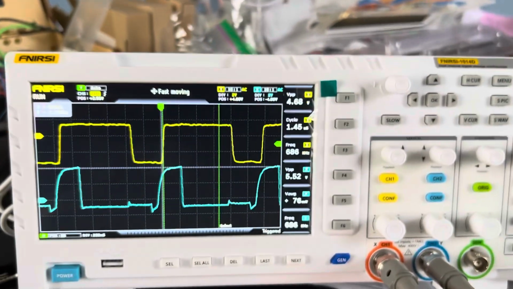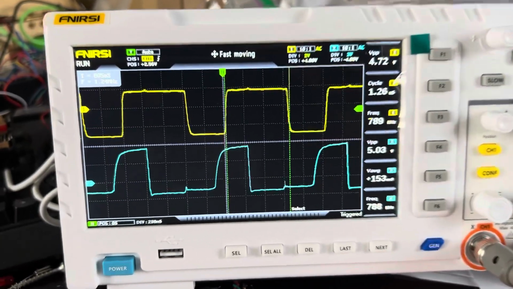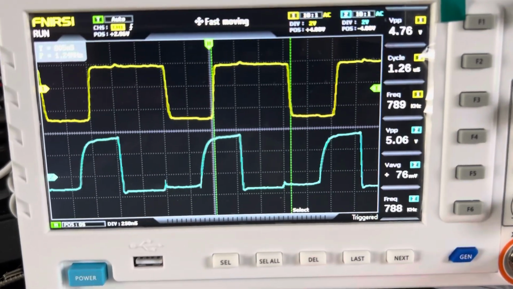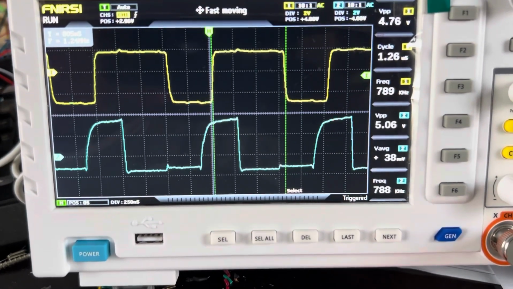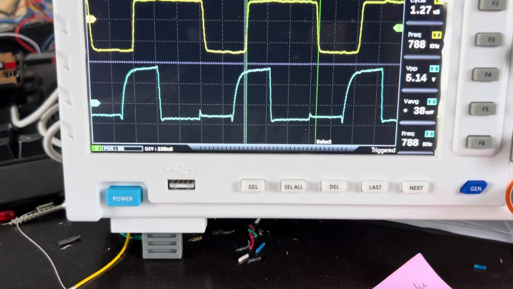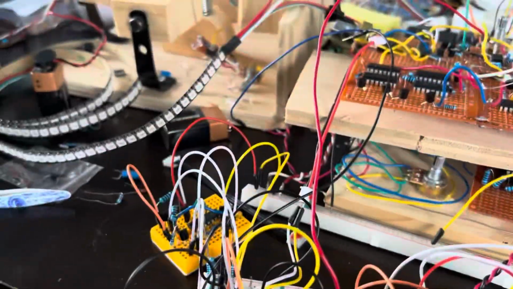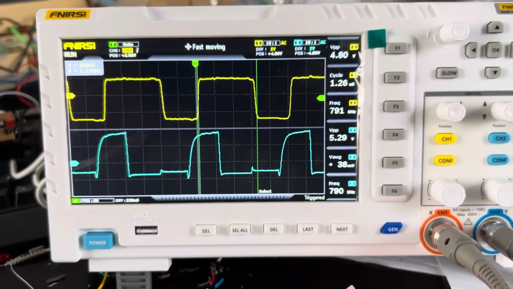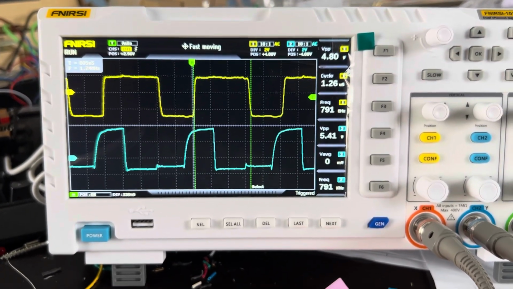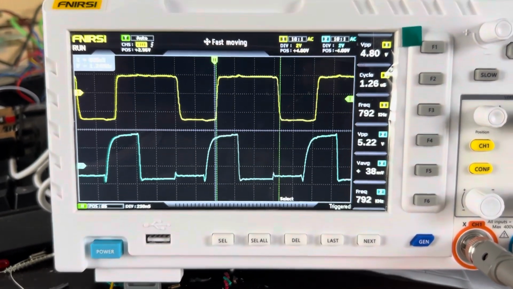Let me adjust the clock a little bit. There we go. And now we have a high pulse and a low pulse that start around the same time. And the high pulse is exactly what we want it to be, and the low pulse is exactly what we want it to be. And so for the Neopixels, which are a little finicky about the timing, this is going to work out just fine when it gets triggered by the clock. And that should produce the appropriate high and low pulse for the 1 and 0 that we plan on sending